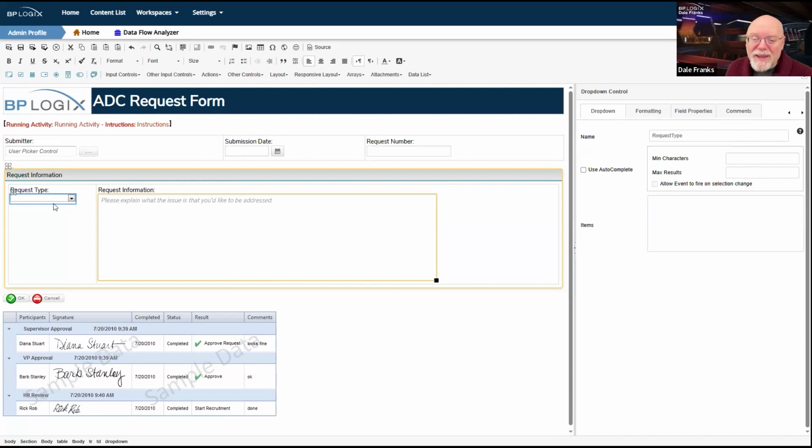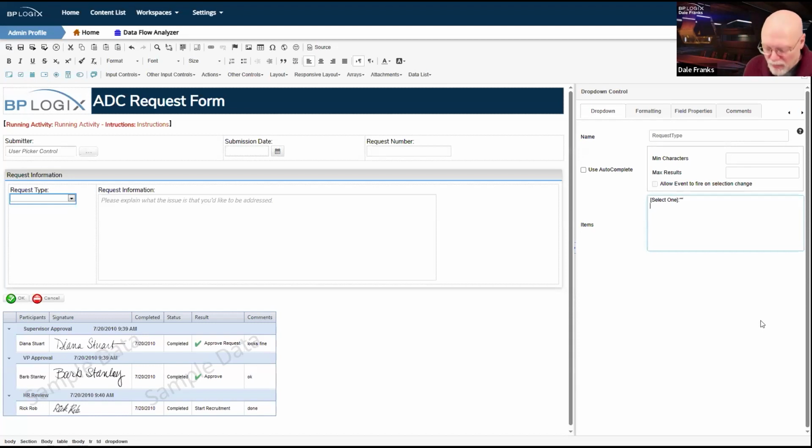So technically, I don't need a drop-down object for it. And this is the one acceptable use case. I have a unique drop-down control that will never be reused, that is only on this form, which means that I can, in fact, use the items property to set up my drop-down control.